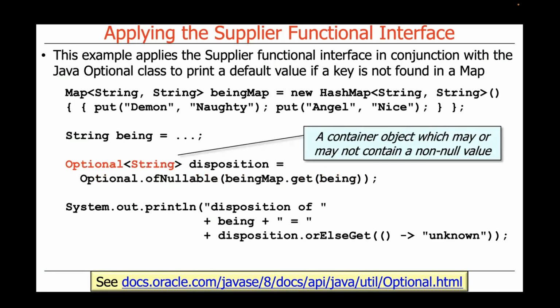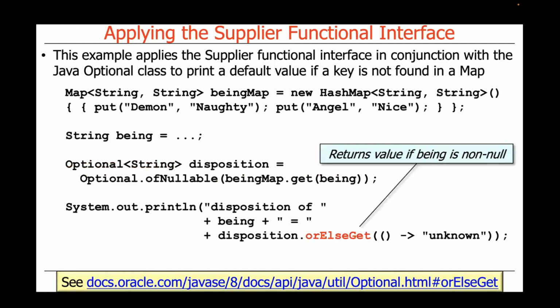So we're going to store this disposition into an optional string, which, as I said, is a container object that may or may not contain a non-null value. But the good thing about using optional is you never have to worry about null pointer exceptions because you never work on null entities. What we're then going to do is print out the disposition of the being. And we're going to say